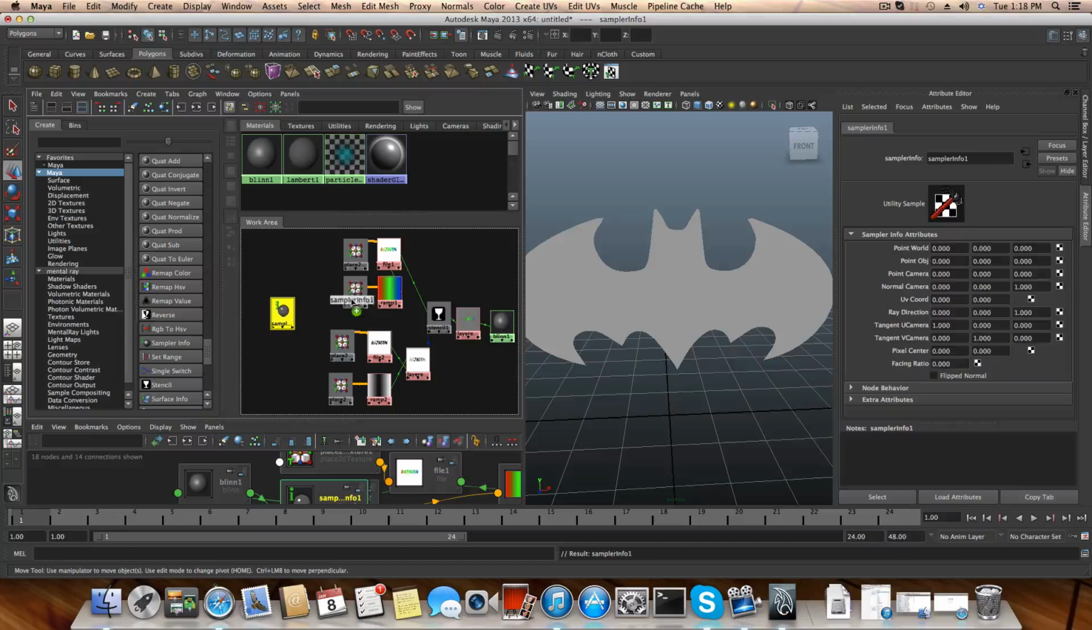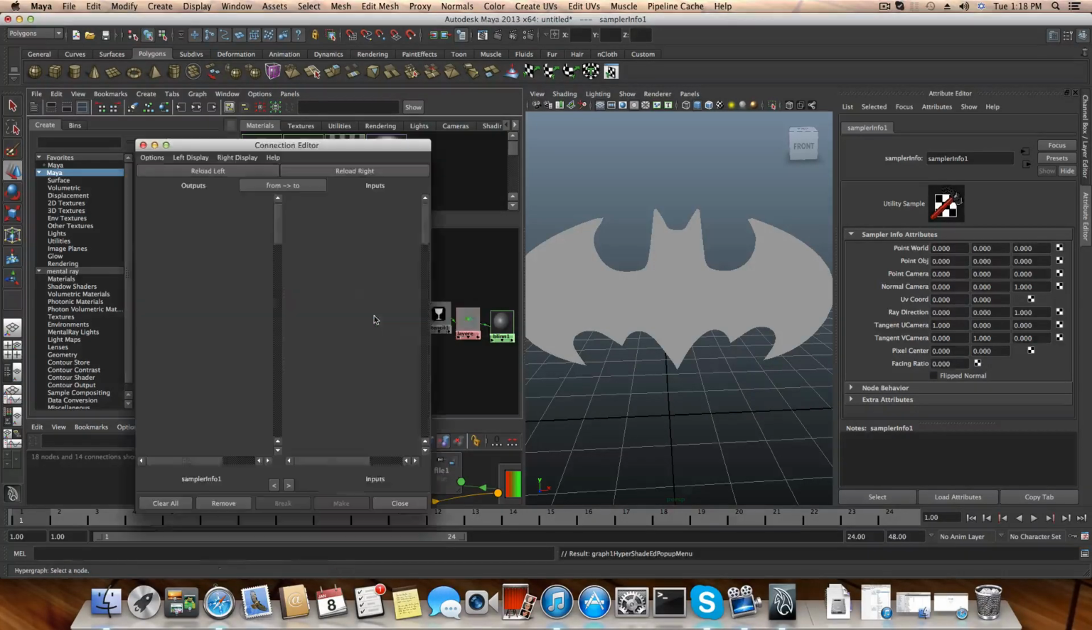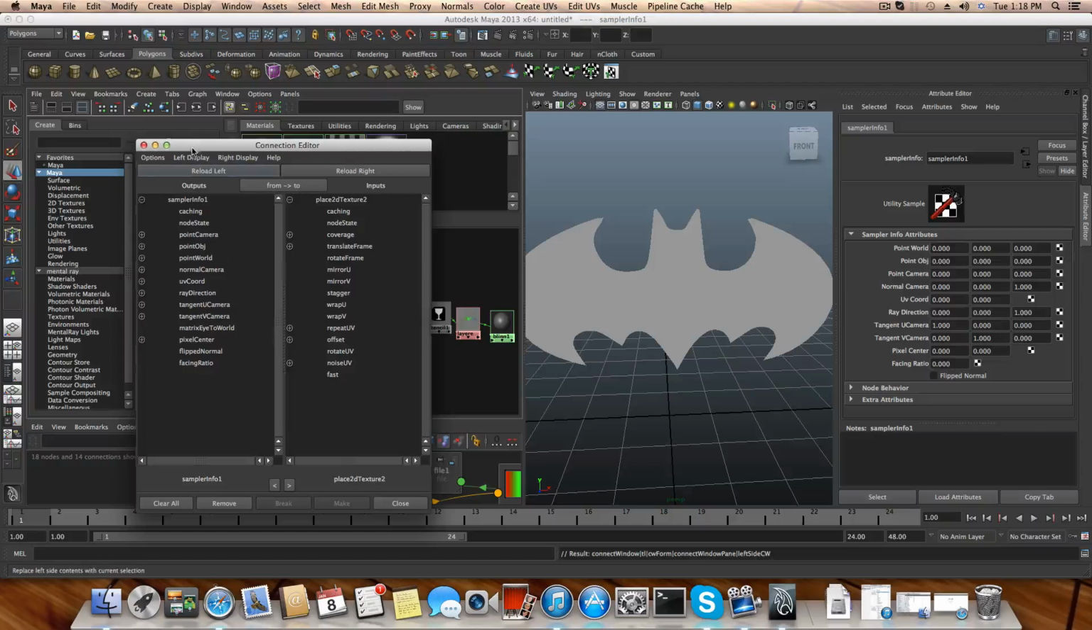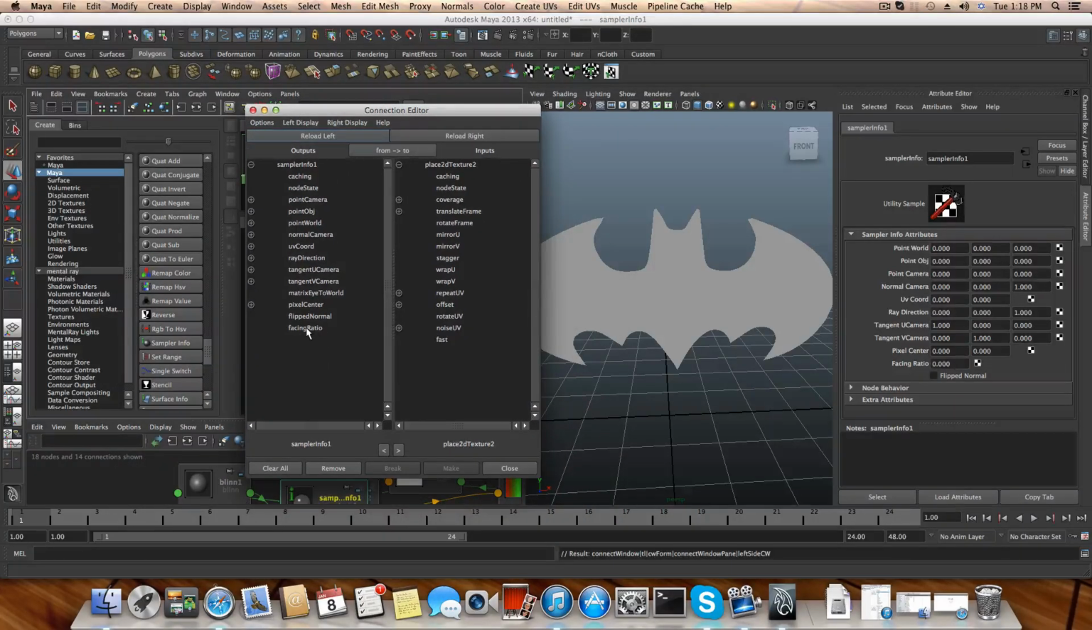Okay, so place to the texture and choose other. Okay, now from this box you need to pick the facing ratio, and for the inputs you need to click on offset, expand this offset and choose the offset U and the offset V, okay,